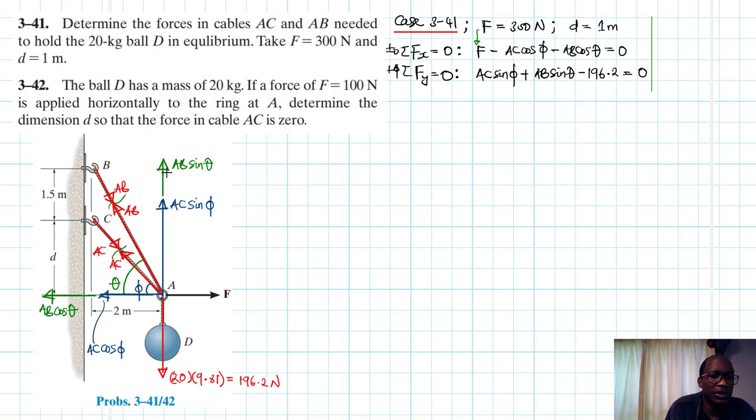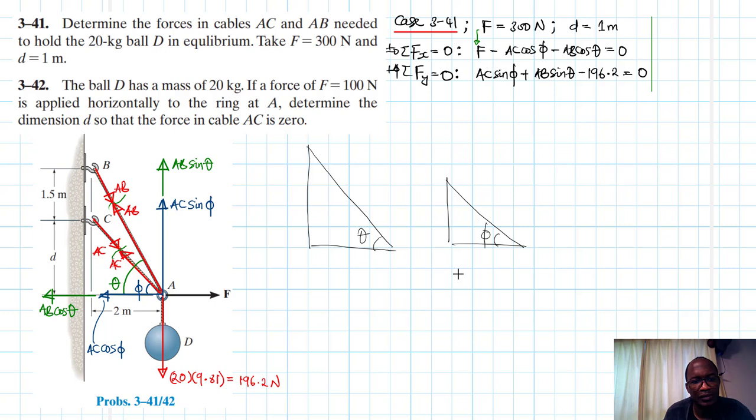So we know that in the first case we have a triangle like this where we have theta. Then we have another one, a smaller one like so, where we have phi. And this length here is the same, it is 2 for both cases. And then this one here, it is D plus 1.5 and the D is 1. So this is 2.5, while this one is 1.5. Okay. So we know that